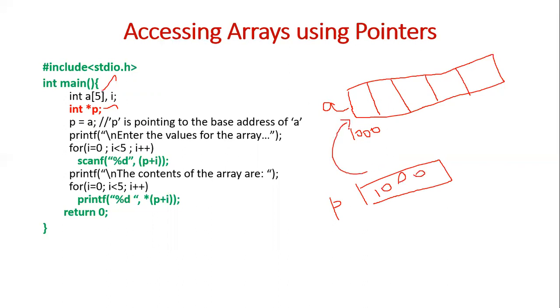Now we are asking the user to enter the values for this array, but we are going to read these values not in a normal way, but by using the pointer. Not in a direct way. So we are asking to enter the values of the array. Then we are running the for loop. The array contains 5 elements, so the for loop goes 5 times: for i is equal to 0, i less than 5, i plus plus. The for loop syntax is very similar to Java.